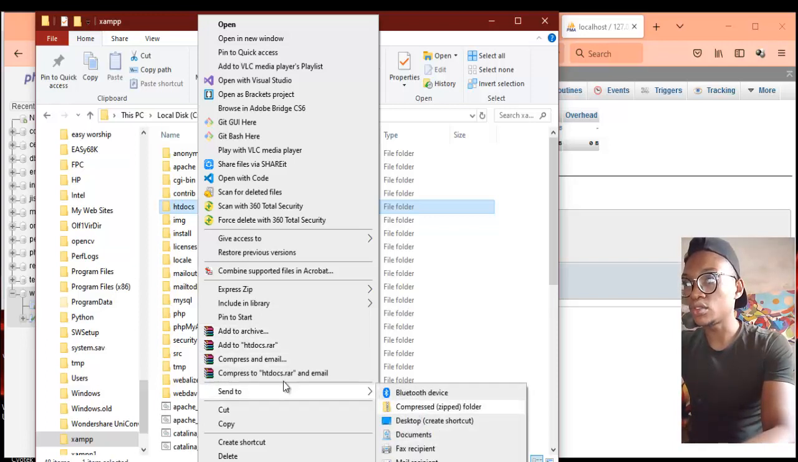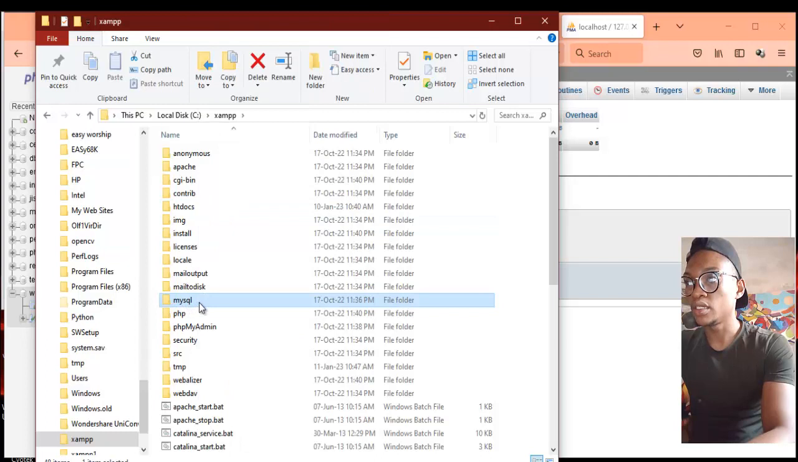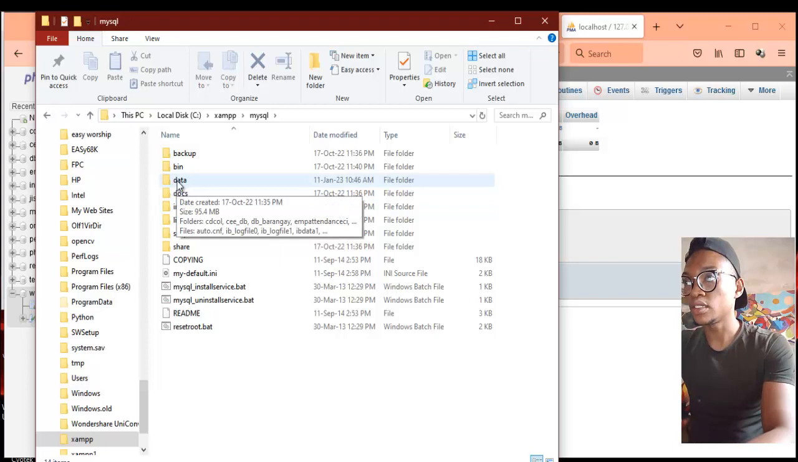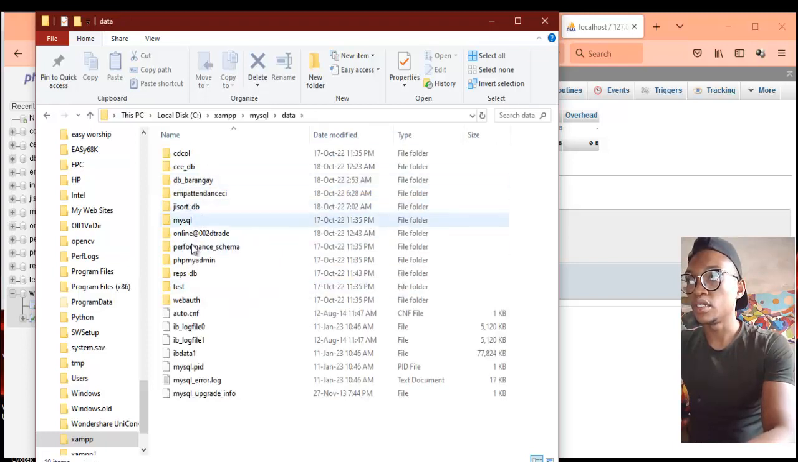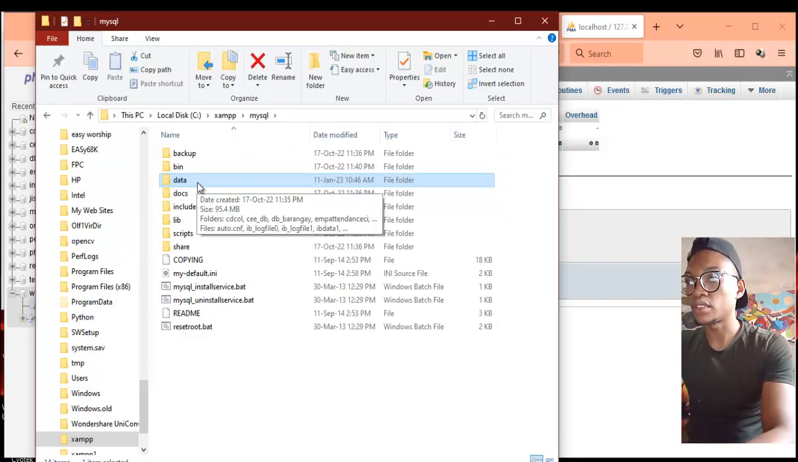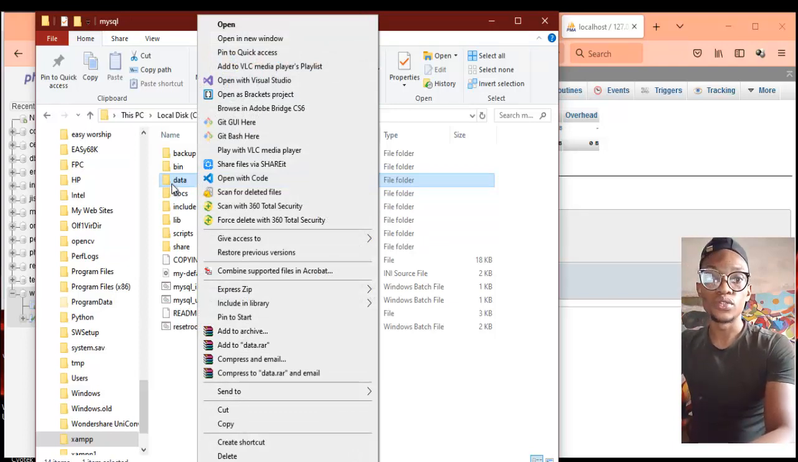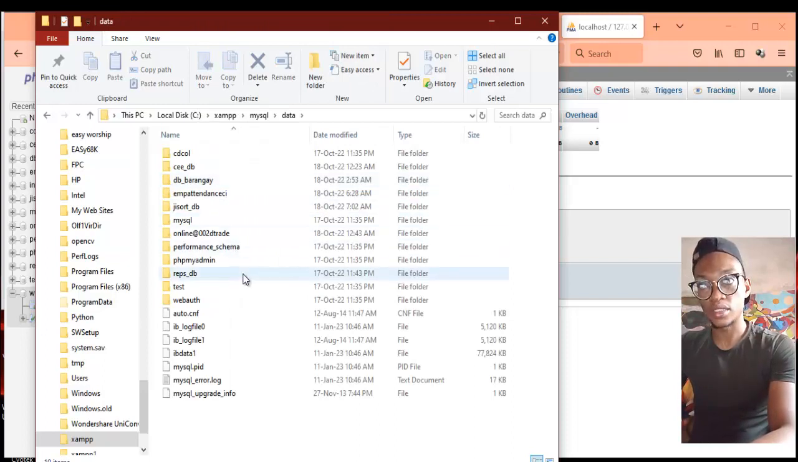Then the next thing you need to do is to go to your MySQL. Look at the MySQL here. Go to MySQL, then you look for this data folder. That's where you have the databases. So you can also compress this data folder and then copy it. That's where you have all your databases. So when you reinstall, or when you install a newer or an older version, what you just need to do is go to the compressed data folder, then copy any database you want and paste it,